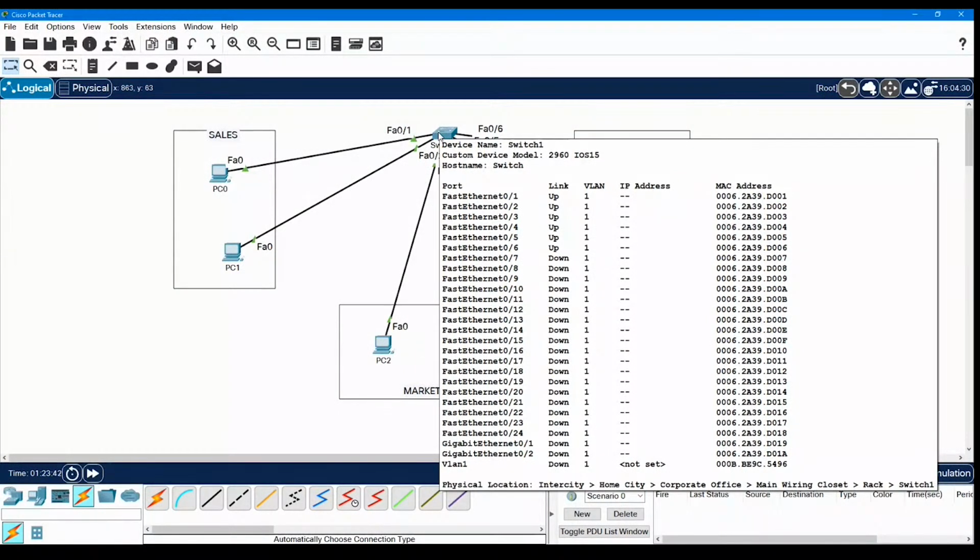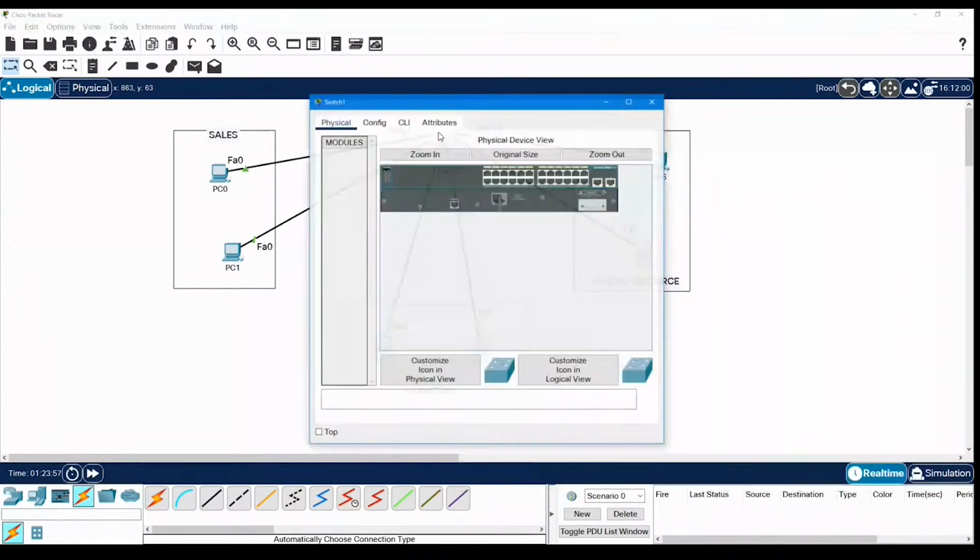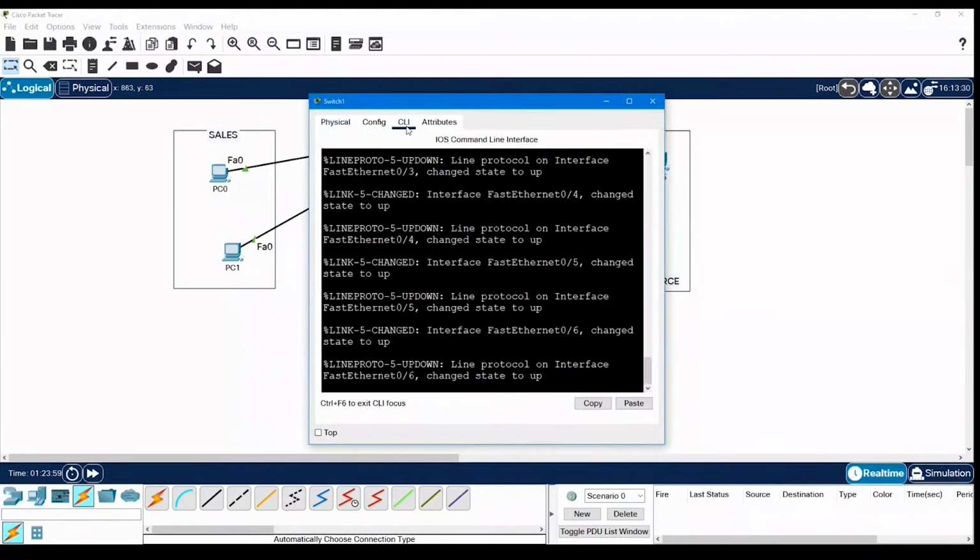or let's say, in any other VLAN, right? So for that, we have to create a VLAN. First of all, we have to get one more additional VLAN. Instead of one, we have to create one more VLAN in which we can configure FA01 and FA02. We will go to switch, we will move to CLI,